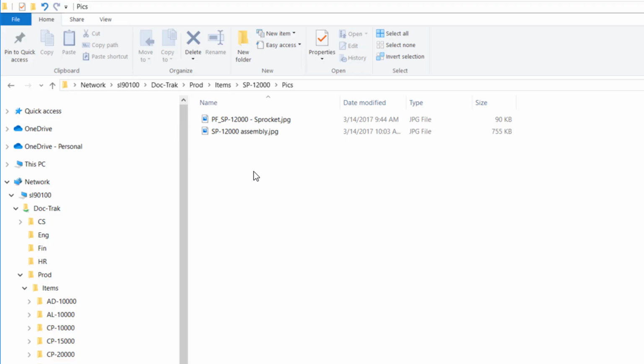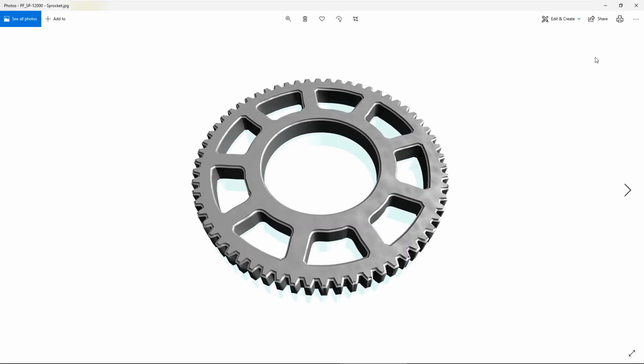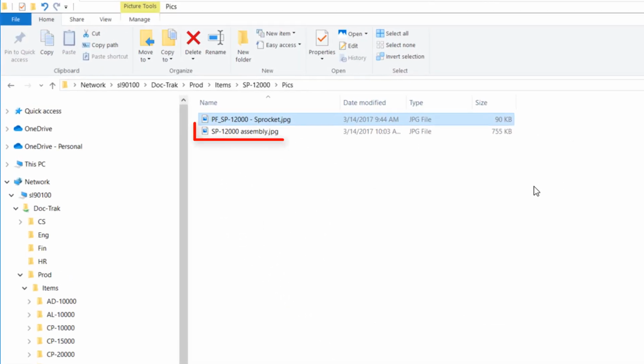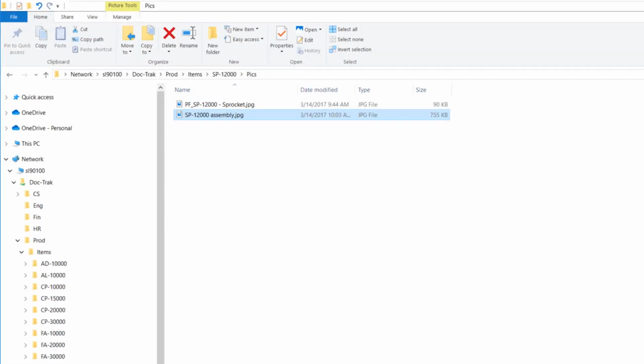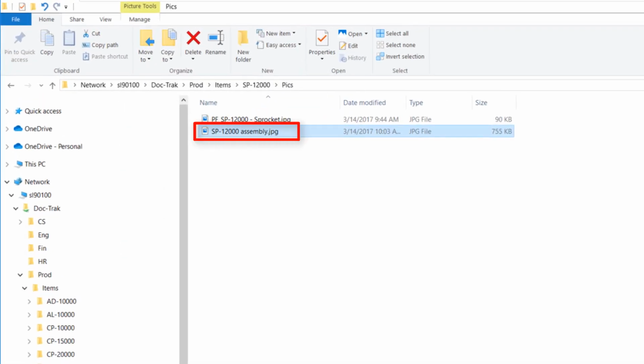Now remember, I only want to attach files with names that begin with PF_. For instance, if I look in this directory, there's one that has that prefix. And another one that doesn't. This one is an assembly and not a picture of the item alone, so it was named differently.